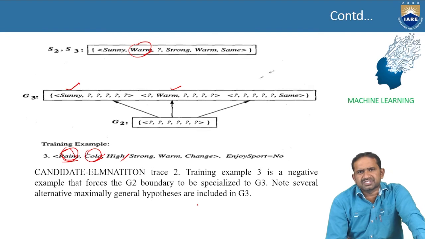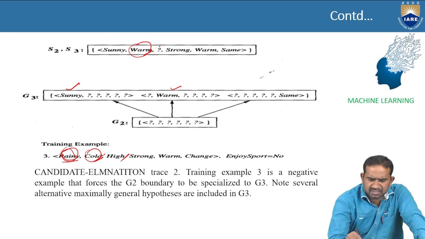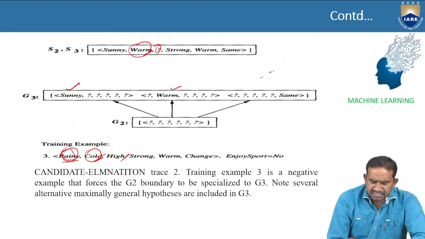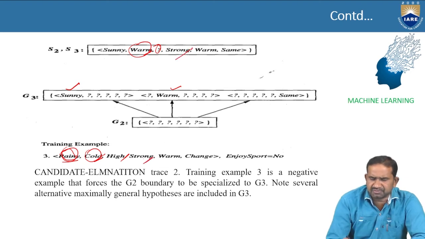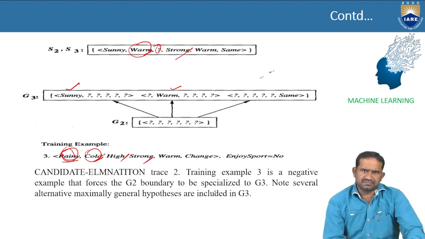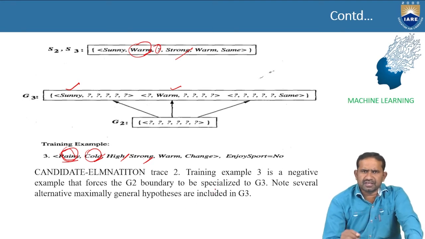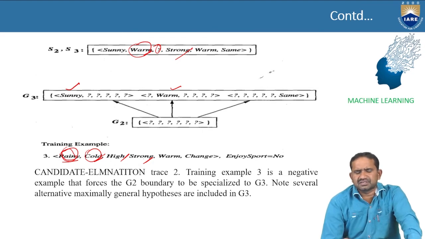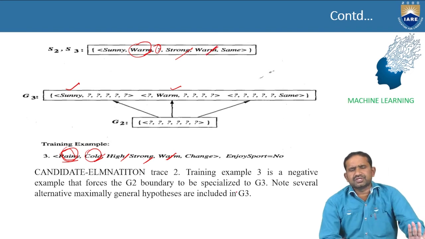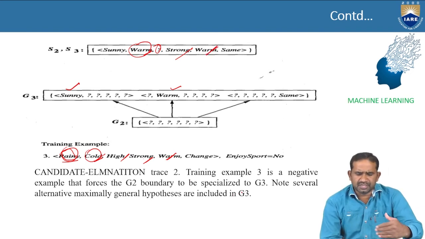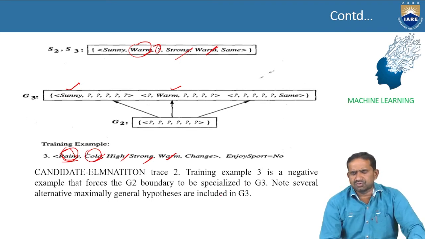Note that there is no consideration, no significance, no specific meaning here. Because anything with high, the parameter is a question mark. And strong is also the same, both are same. There is no significance, no change. When you compare the generalized one and the specific one, both are same, there is no differentiation. And warm is also warm here, so there is no issue in that.